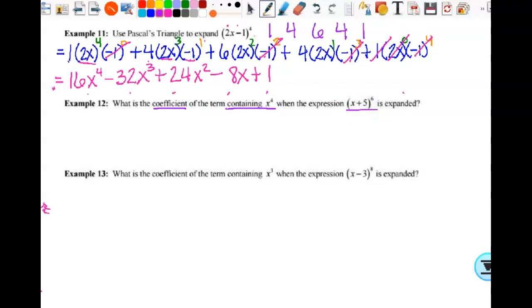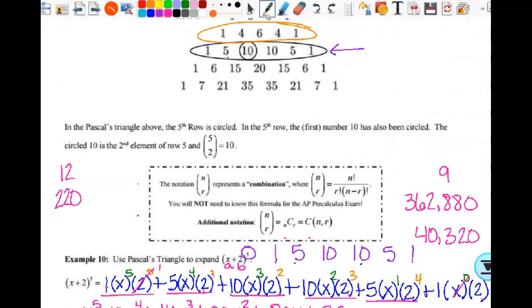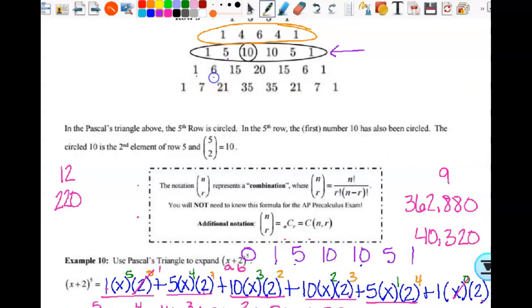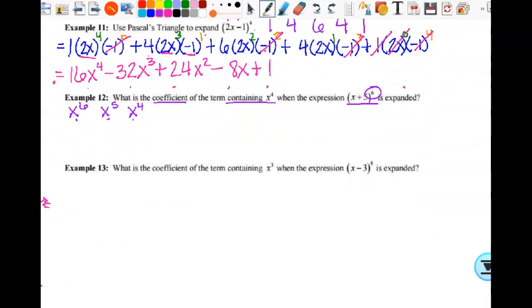So when that is expanded, the first term is going to have x to the 6th in it. I don't know exactly what it is, I don't care. The second term will have x to the 5th. The third term will have x to the 4th, right? If I was going to expand this entire thing, what row am I going to look at? 6. I'd look at row 6, right? So if I go to row 6, the third term is my x to the 4th term. So go up here to row 6. Row 6, third term would be x to the 4th, which means I'd be using that 15, okay? That's how I found that number. So I'm going to use this 15,